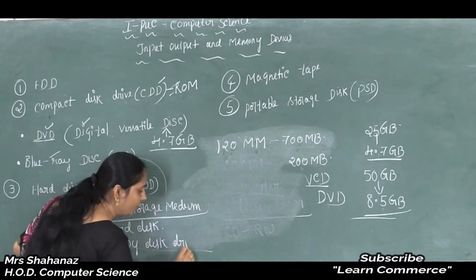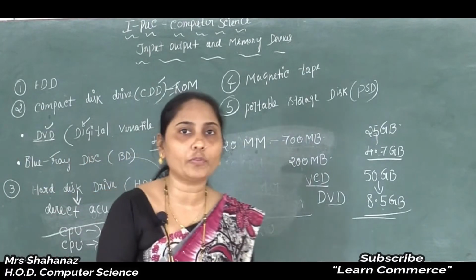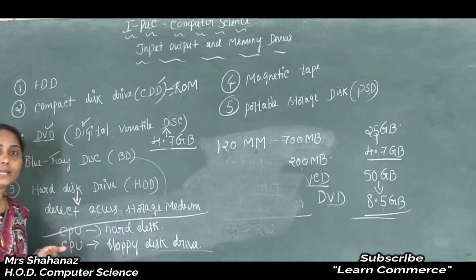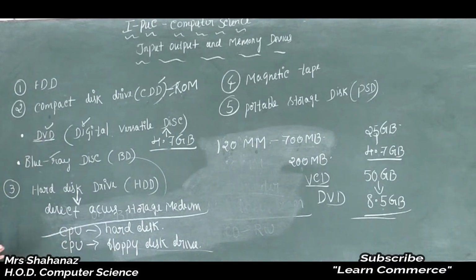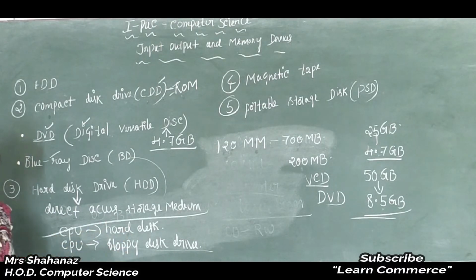Clear this point here? So we know that some of the data is going to pass, maybe if you want some of the processing, some generating result here, then some of the data is going to pass from one device to another device. So if any data for the processing is going to pass between the CPU and the hard disk, such data is going to pass at a very quick rate, very fast compared to the CPU and the floppy disk drive.